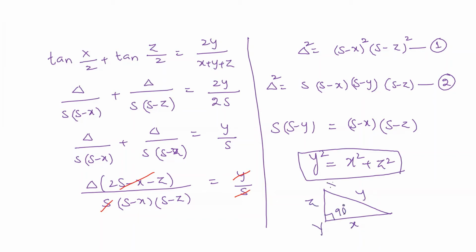This is the vertex x and this is the vertex z that we have here. So capital Y is going to be 90 degrees. That is what we get from here. So far we got the relation y square equal to x square plus z square, which actually means angle y is equal to 90 degrees. That also means angle x plus angle z is also equal to 90 degrees, right? So these are the properties that we got here.